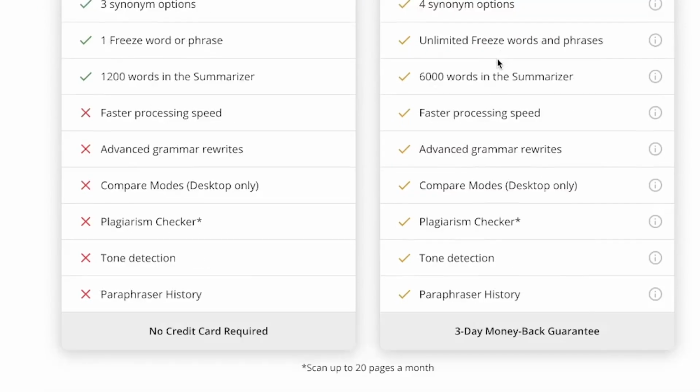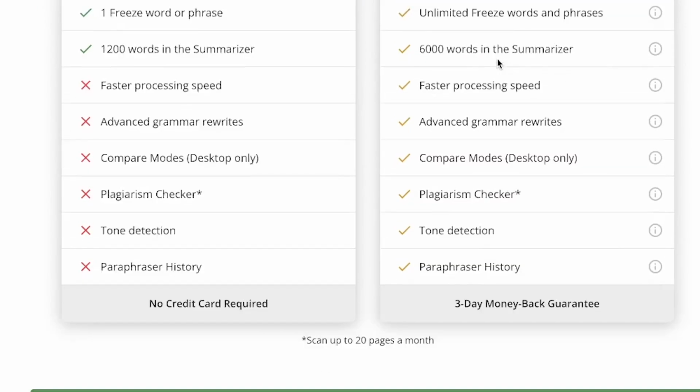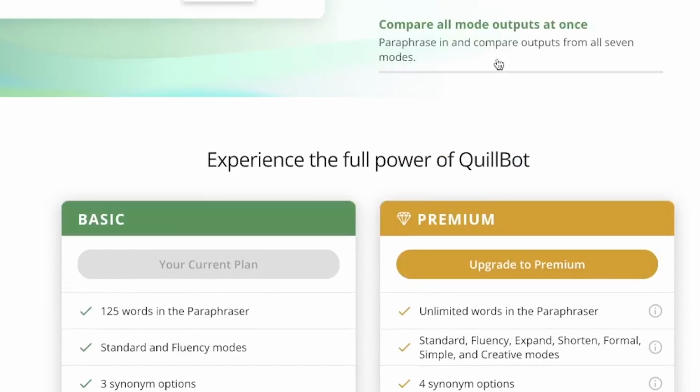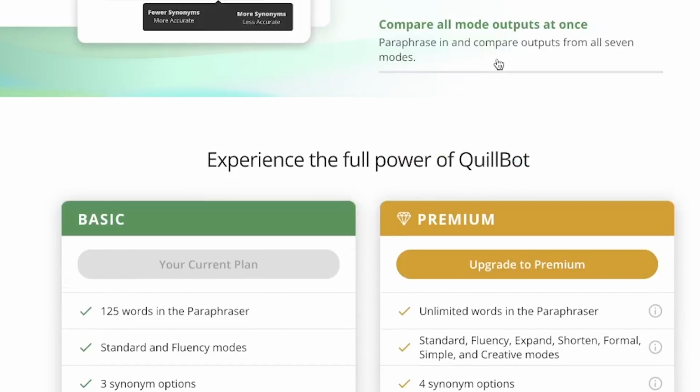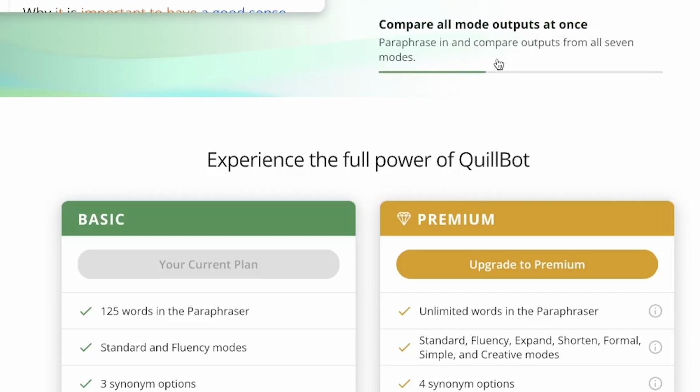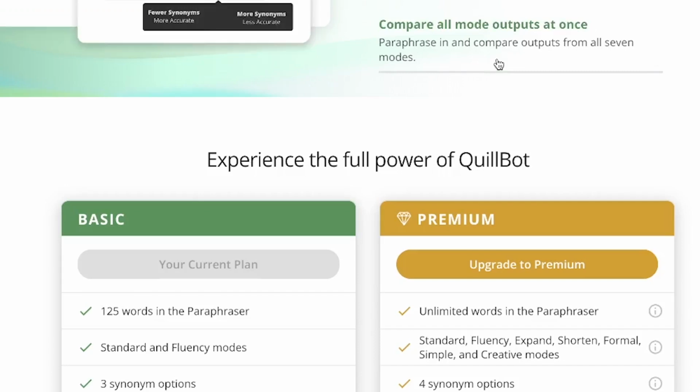Well, these are some of the key things, but I think if you could go with the little and go as far as 125 words at a time, you will be able to paraphrase any of your content and have it professionally done, fantastically. You have access to most of the key features even with the free plan. So go ahead and give it a try if you're a content creator, or if you're a writer, academic student, or non-academic, business personnel. When you like it, you can go ahead and upgrade or subscribe to the premium version, which I can show you from here comes with lots and lots of benefits.